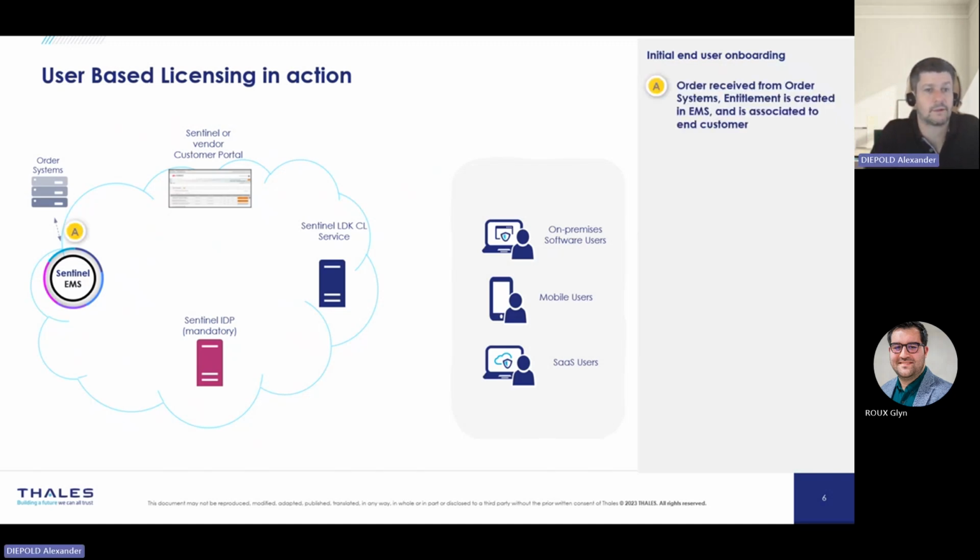So let's start. The first point is number A. The order will be received from an external order system. The entitlement is created in EMS and is associated to an end user. As a next step, the admin user leveraged the end customer portal to create users and associate them to selected